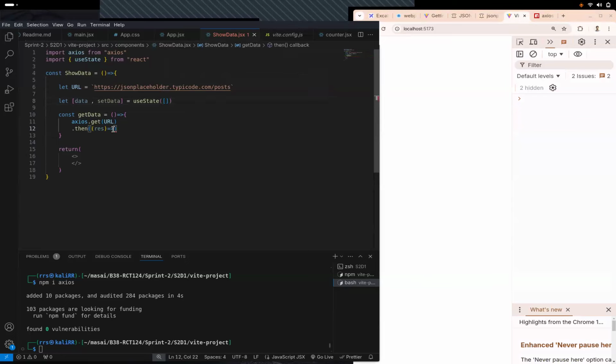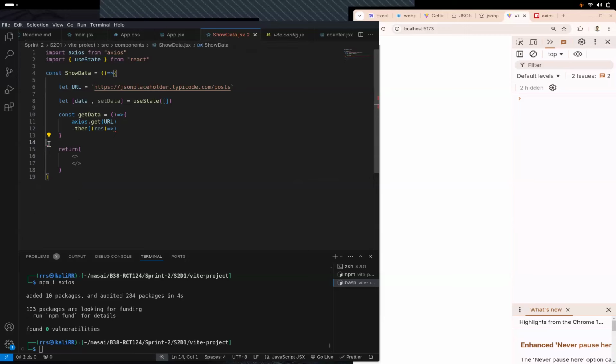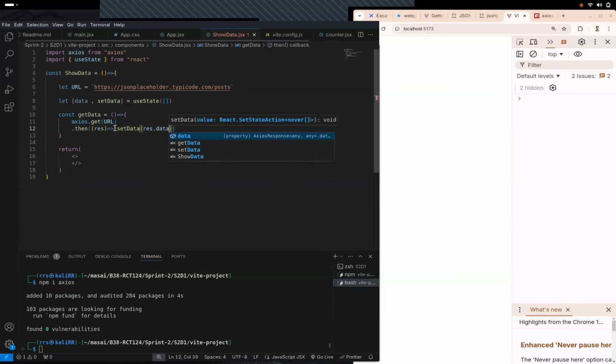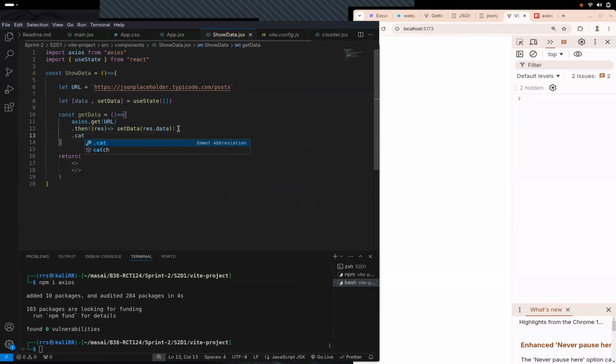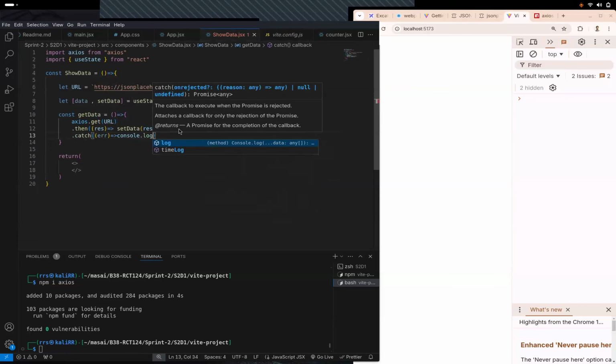Right? And now what we want to do, as soon as we get the data, you guys know how Axios returns the data. Remember, it returns the data with a whole lot of jargon. What was the status code? Was it 200? And then inside it, it has the data in the data field. So we'll have to do res.data. So we'll just do setData, and this will be res.data. Clear? And then, of course, we'll have to apply catch also. Catch, error, and this will be console.log error.